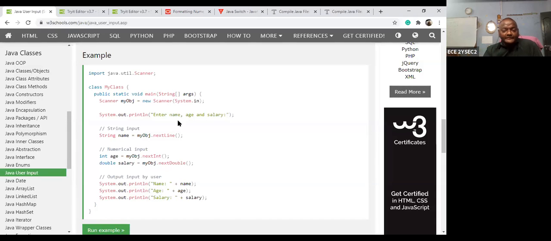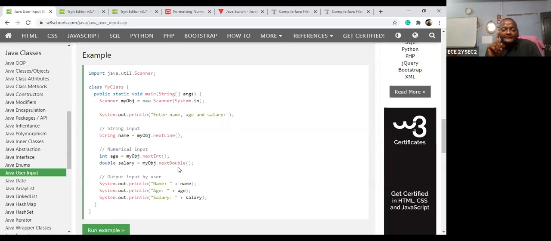For reading the name, you can use nextLine. For reading the age, nextInt. So to read what the user is giving, that should be done with the help of these methods. nextLine can read the characters, that is the string. nextInt can read the integer value. And nextDouble, why? Because salary is a floating point. Here it is double, no problem. Your salary may be large, no problem. So then it can accept the data.